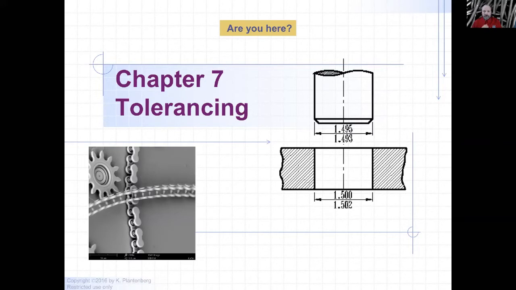All right, so tolerancing. What is tolerancing? That's what we're going to talk about and learn in this chapter this time. So if you take a look